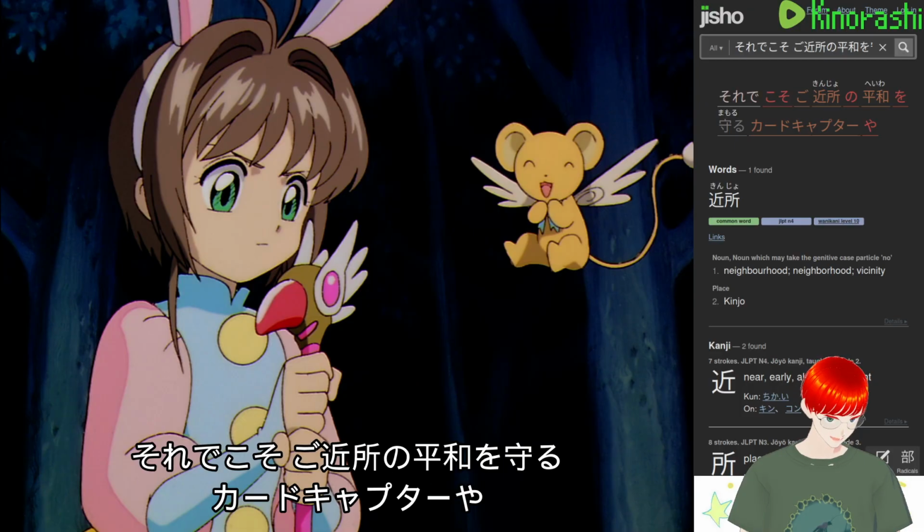Kono kyoku koso, ore ga zutto sagashite ita kyoku da. Yatto kyokumei ga wakatta. The song is exactly the song I've been searching for. I finally figured out the title.